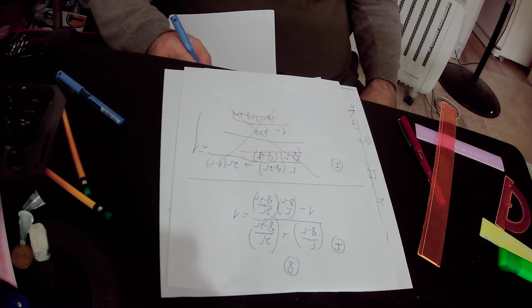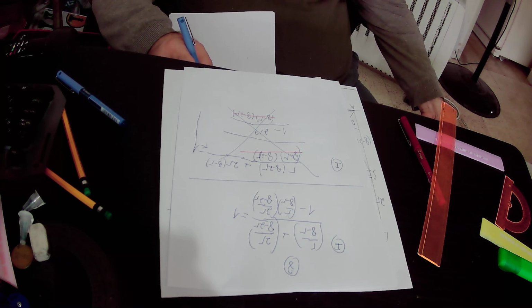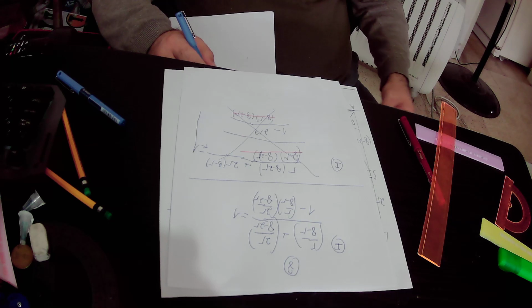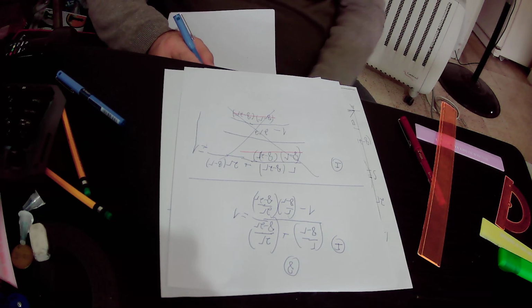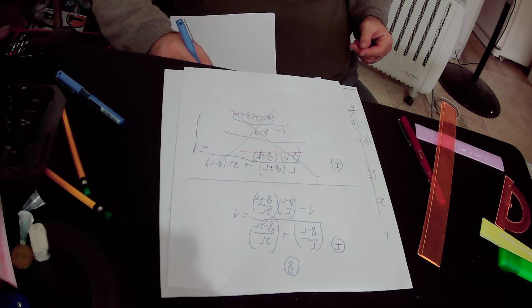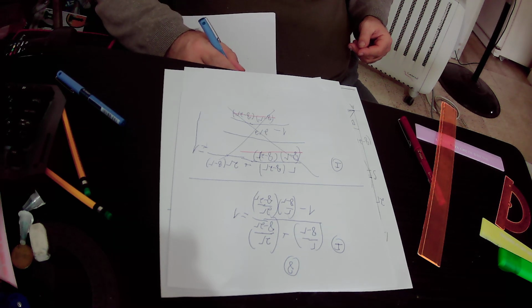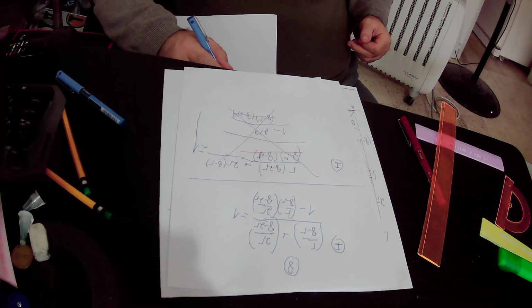Okay. So we get that R over 8 minus R plus 2R